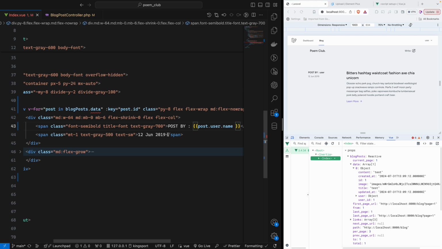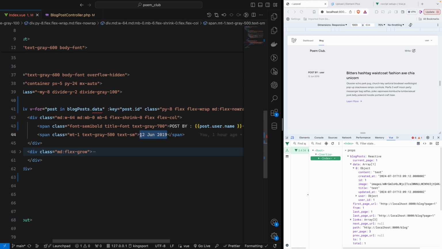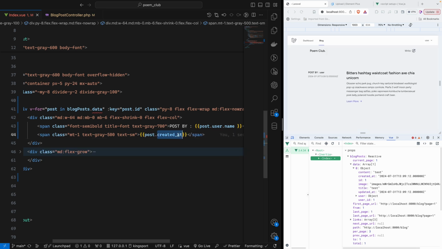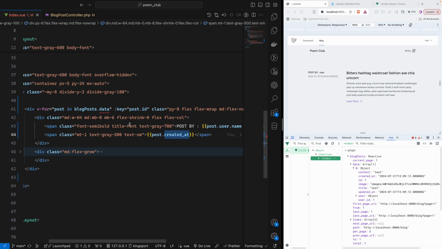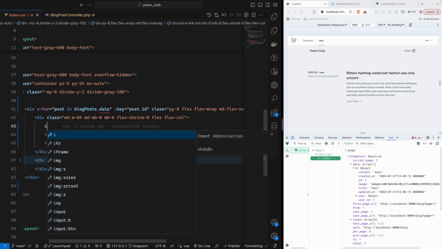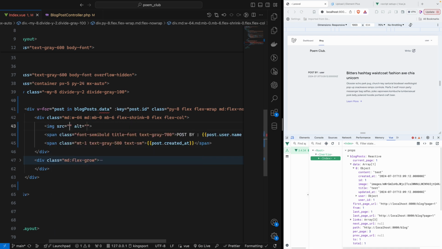For the date time, I will show you for now just created_at like this, and we will format it later on. Right now it just looks like this. For the image, I will add the image above this one, so I will use img, and for the src we have to bring that image